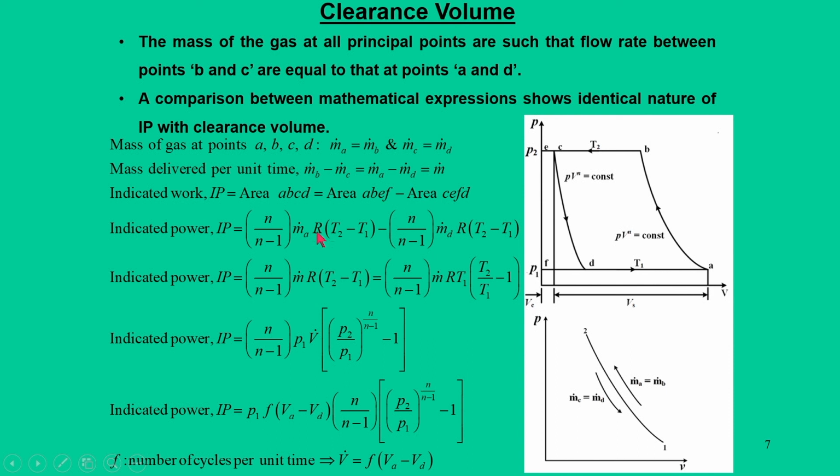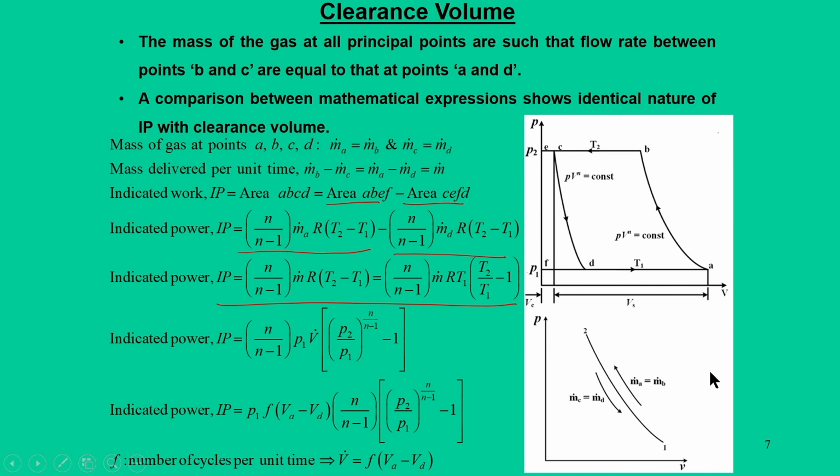So, if you take these things, then if you recall our earlier expressions, the indicated power can be calculated by two expressions, these two, and that follows this for these areas, and ultimately since m dot A minus m dot D is equal to m dot, you can rewrite this expression as indicated power is this. Comparing this with the earlier mathematical expression for single stage compression without clearance volume, we have the same expression. This means clearance has no impact on the indicated power, but what it does is change the volumetric efficiency,